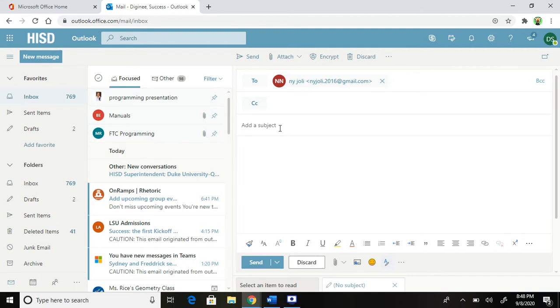So then next you would type in your subject, and there's a proper way to do this because her system filters. So if you don't do it correctly, she won't see it and you won't get a grade. So first you would put your period number. My period is 08 underscore. Then you would put whatever period you have for Ms. Jolivet. For me, I have web game design. So I would put WebG